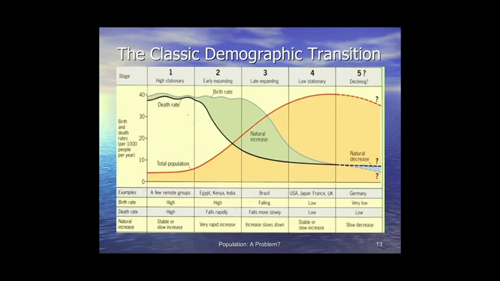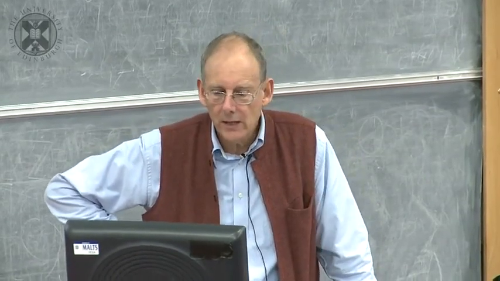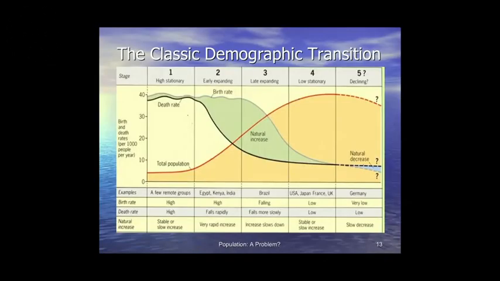And these are at levels of about 40 per thousand population per year. The total population is relatively low, densities tend to be low, and there is relatively little change through time. In the second period, or the second and third periods together, the expanding period,